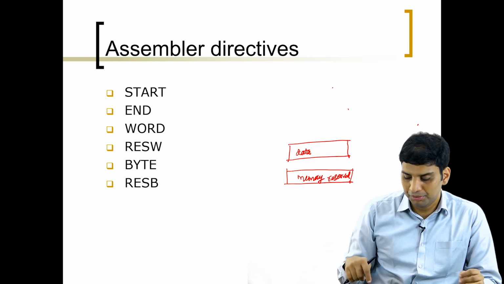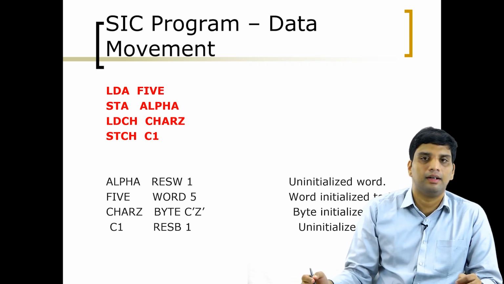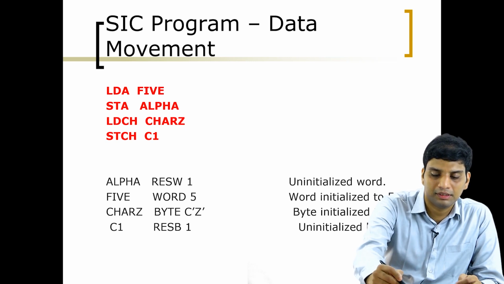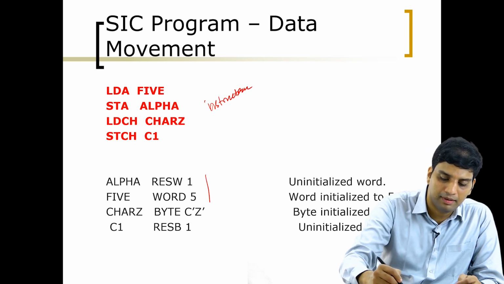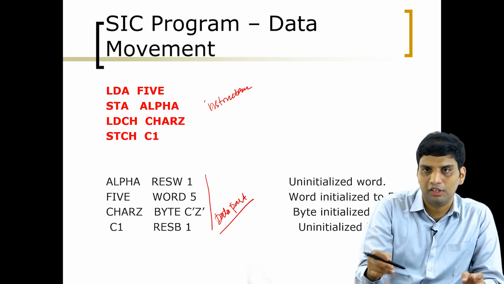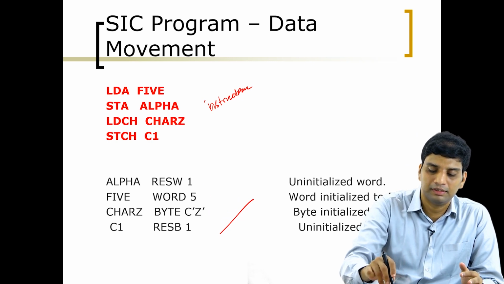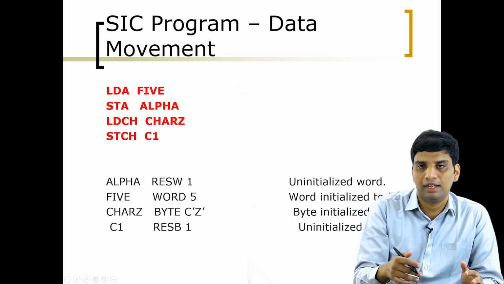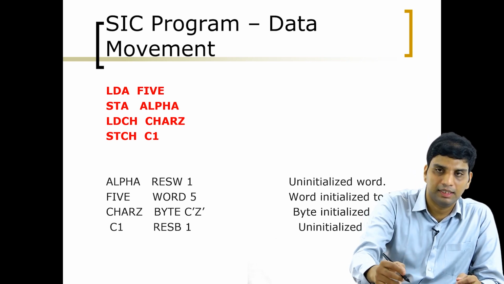So now we are going into the programs. So consider this program. See the things that are marked in red, this is your instructions, and this is your data part, I mean declaration part. So if you can relate the things I have discussed to the assembler directives, then you can easily understand this. Before going to the program, we will see the declaration part.